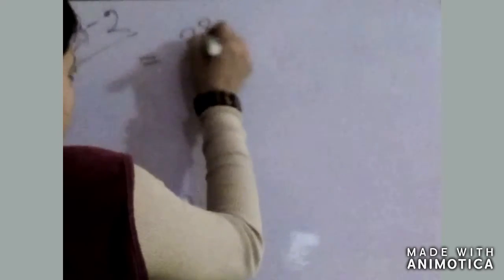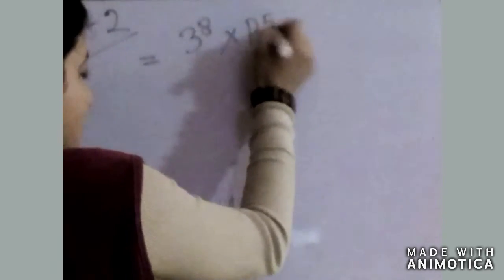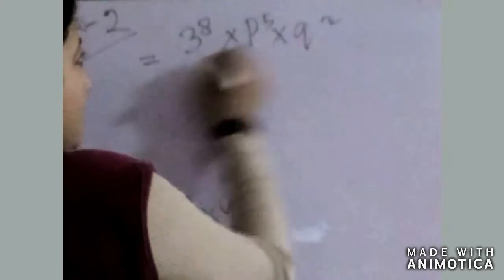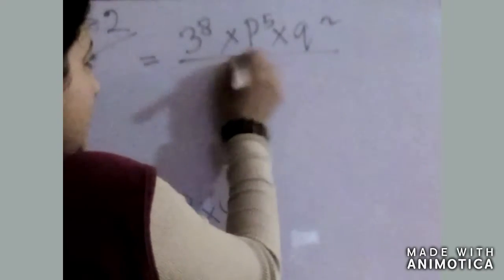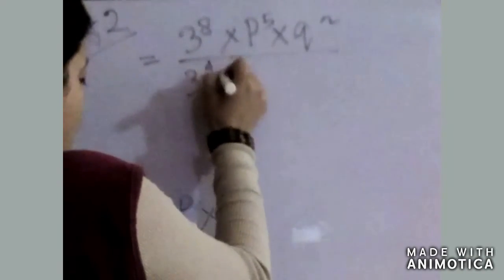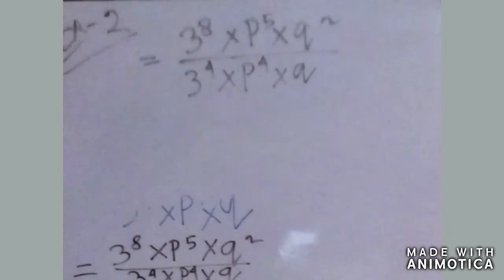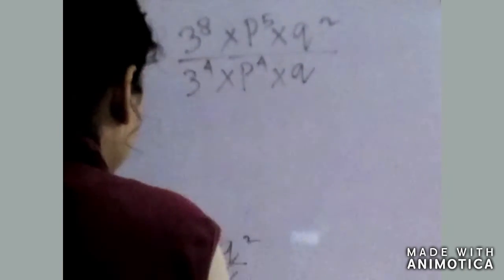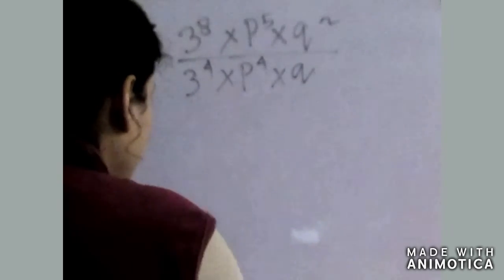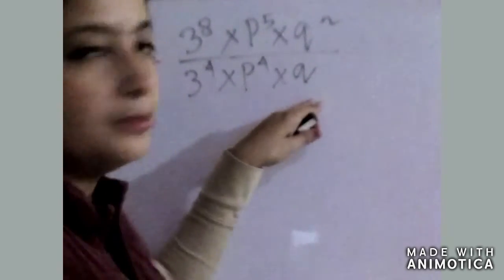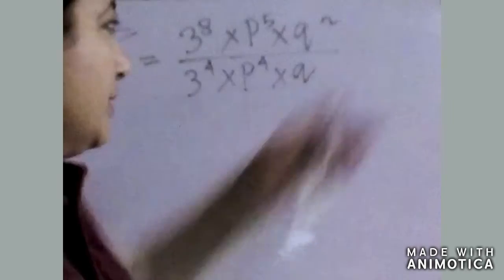This line I am writing again: 3 to the power 8 into p to the power 5 into q square, and numerator, denominator is 3 to the power 4 into p to the power 4 into q. Now we